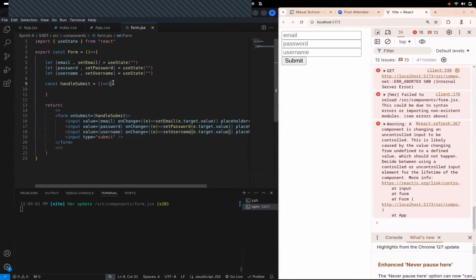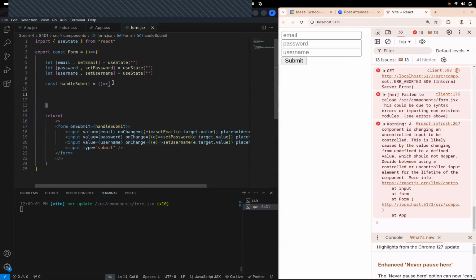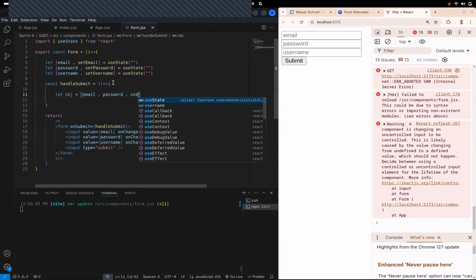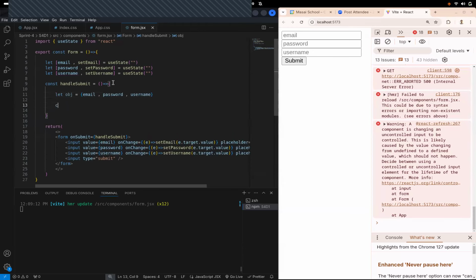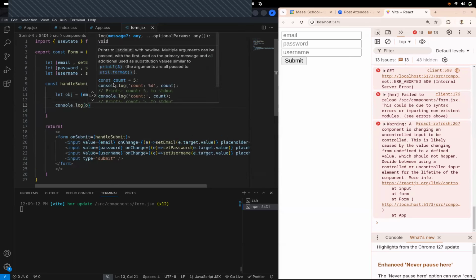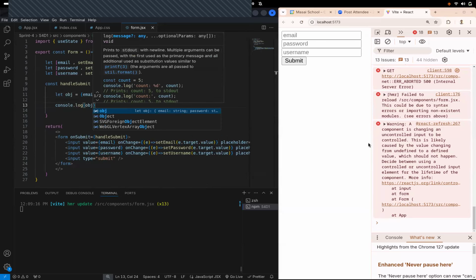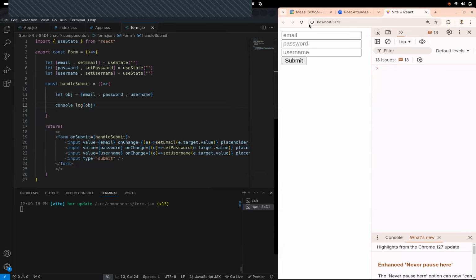And finally, if I handle submit, if I can do a let object over here, and this basically picks the email, it basically picks the password and username, and I finally do a console.log of obj over here, right? Now, if I clear it, if I fill something, if I fill a password, if I fill username, yeah,